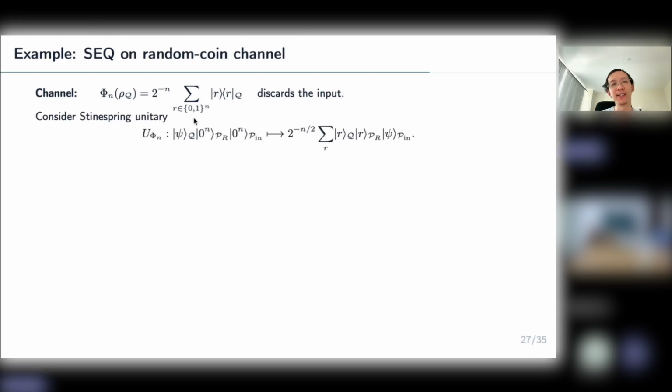Okay, so we can consider one dilation unitary as follows. Consider it on some input Q, whatever state, and then the purification register has 0 registers. What this unitary does is map this to an EPR pair on the output register and one private register, and then it holds the original input hostage in the private register. If you trace out the private register, this implements the original channel. But this is a unitary.